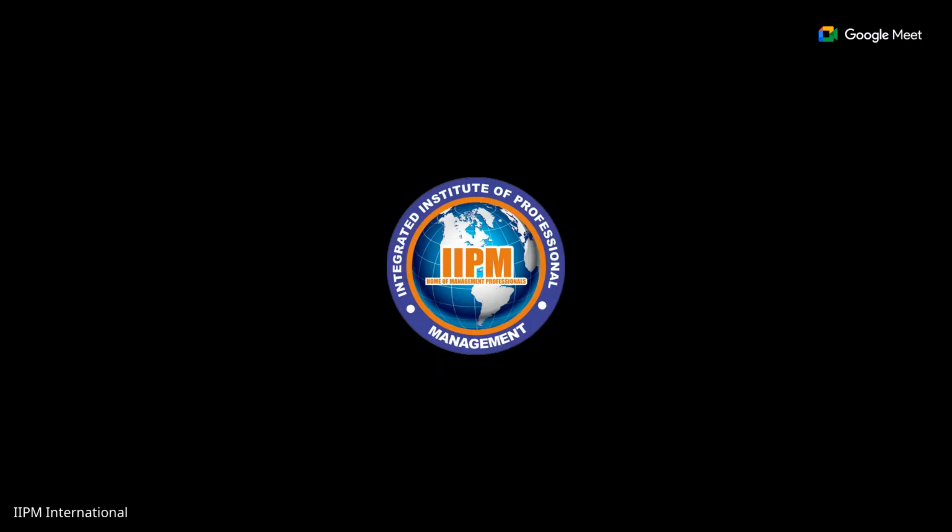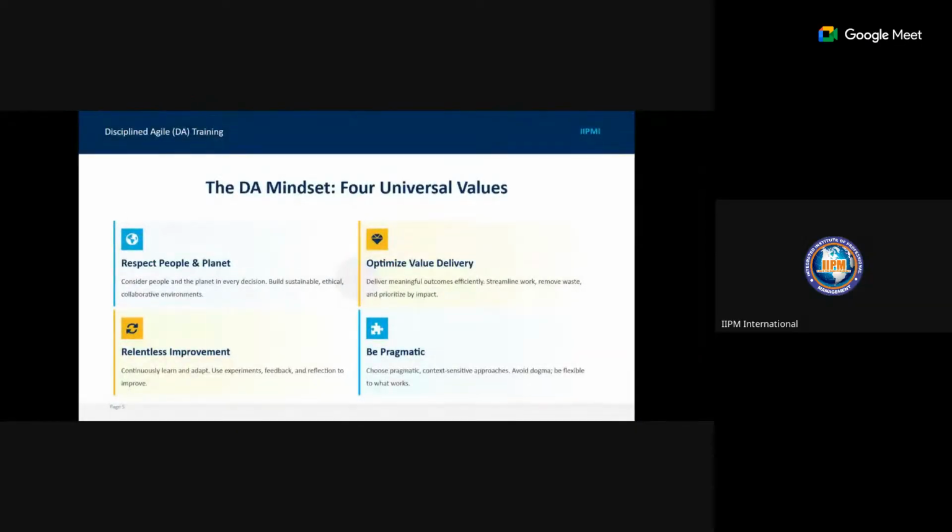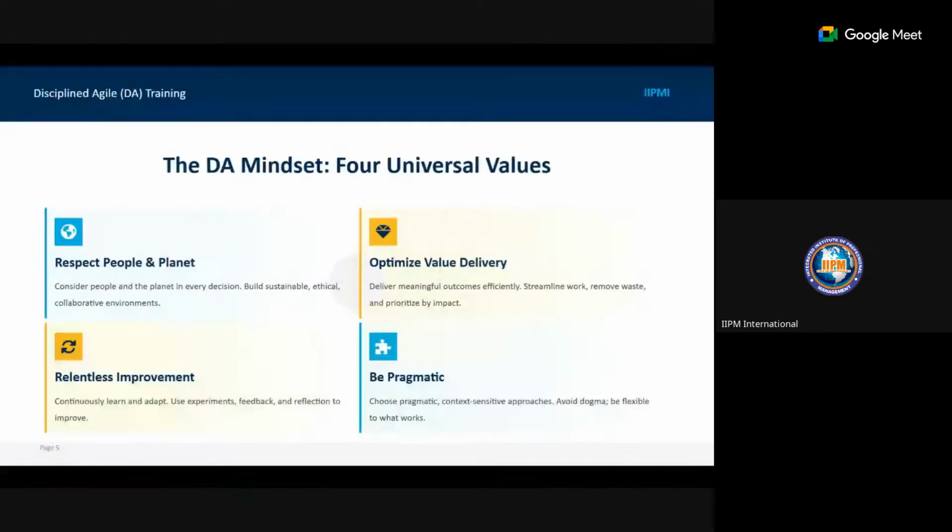So I was trying to explain the difference between Disciplined Agile and others, and then the core values around Disciplined Agile. I said the first thing is respect for people and respect for the planet. And that talks about sustainability, ethical practices, and collaboration in our operations. Then optimizing our value delivery, which means delivering meaningful outcomes efficiently, streamlining our work, removing waste, and prioritizing by impact.